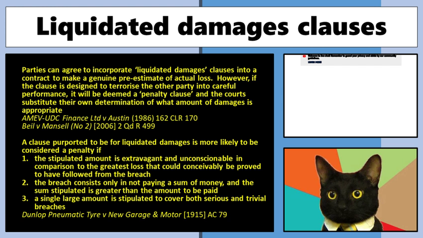Okay? And you guys would have probably seen these sorts of things. If you don't meet this part of the contract by this point in time, you're going to have to pay this amount of money. Now, key thing that the courts have been very, very hard on for a long time is that there's a big difference between a liquidated damages clause, where we're estimating the damage for breach in advance, and a penalty clause.